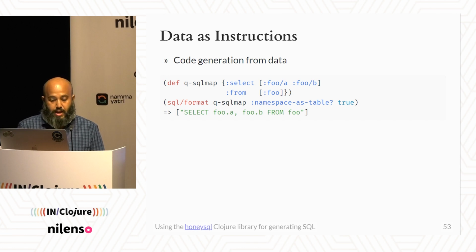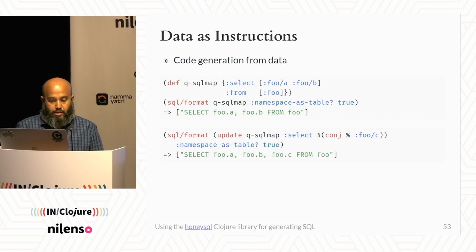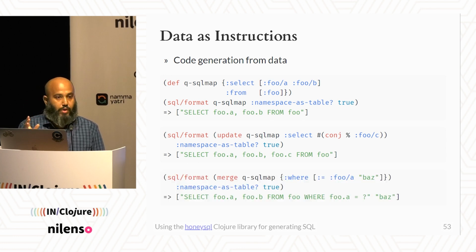The good thing about this is that you can do things with this data structure. For example, in this example, I change the select to add another column by doing this update, and it gets added to the query, right? In this case, I merge a where condition and it gets added to the query, right? So it just works because data is much easier to manipulate than, in this case, an SQL program or a string, right? In fact, I've used this in production to write code which generates hundreds of lines of long SQL queries, but the actual functions, each one of them which do this kind of manipulation, are very small, like two, three lines.